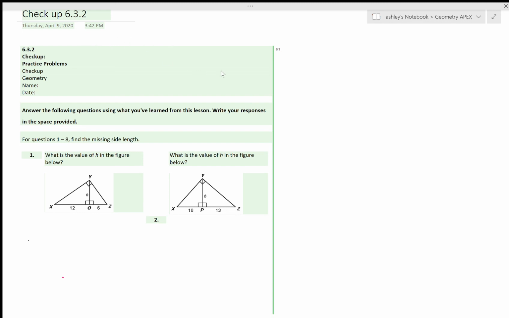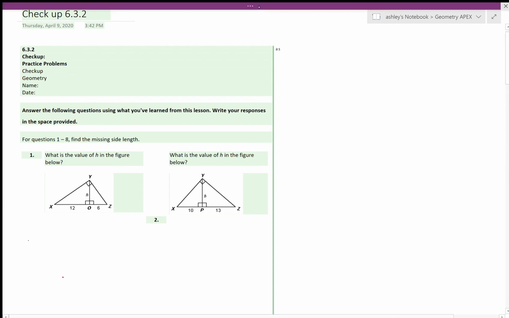Alright, so what I want to do today is work with you on checkpoint 6.3.2 and help you figure out how to work through some of those problems. For this checkpoint, what we're doing is using similar triangles to set up ratios. The way I like to think about these, is